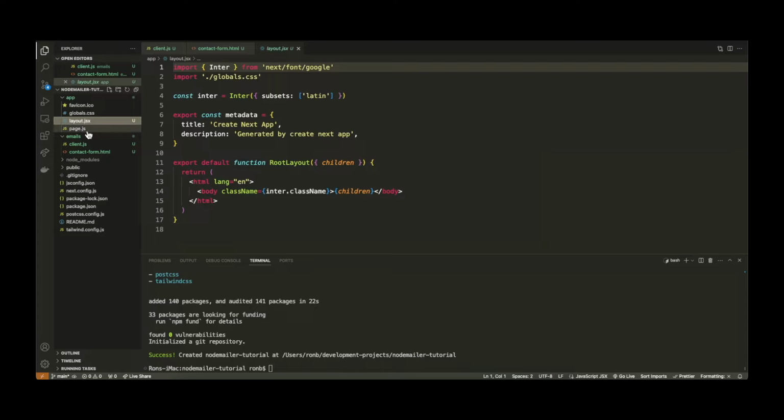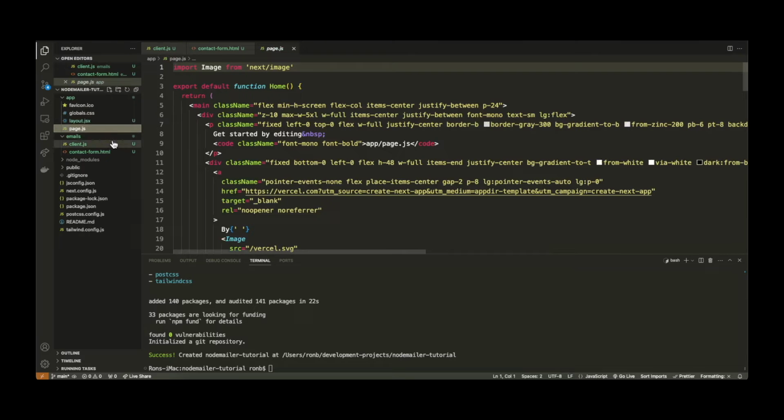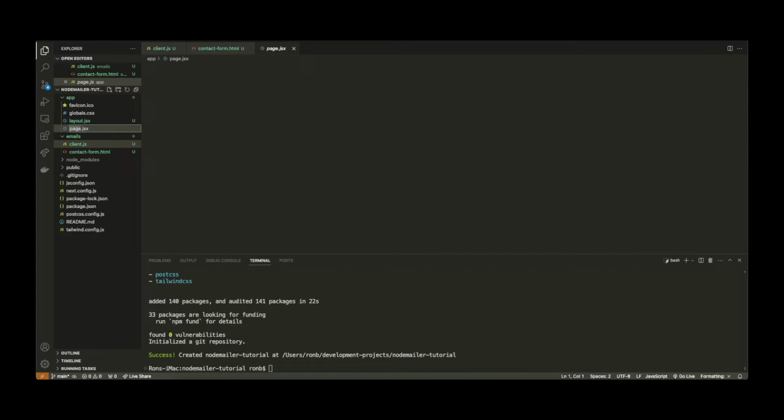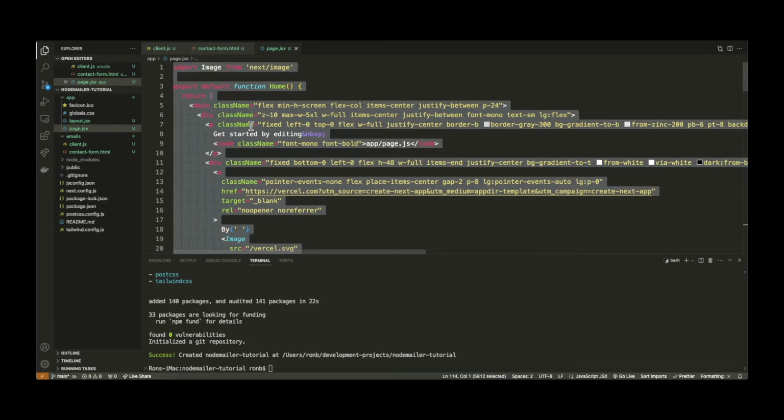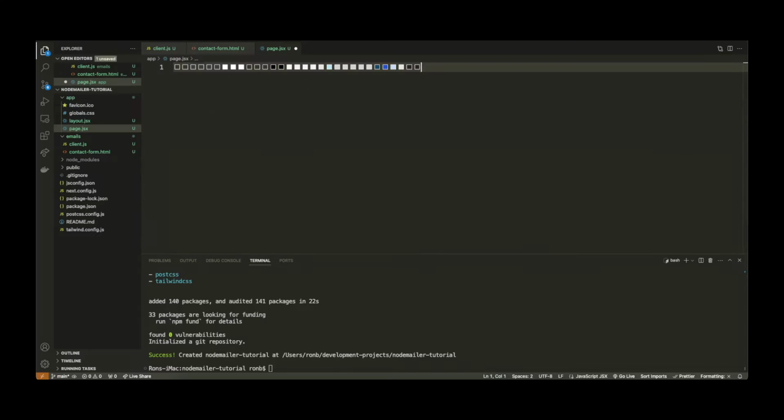Now we also should have here a page.js file, which is our main homepage file. I'm going to hit enter there and type an X to change that to page.jsx. You don't have to do this. This is just my own personal preference. So let's see. I think the first thing we can do, we're in this page.jsx file. Now generally this file is the homepage of a Next.js project. I'm going to get rid of all this code here. I'm going to highlight and hit the backspace or delete key, and I'm going to create a brand new